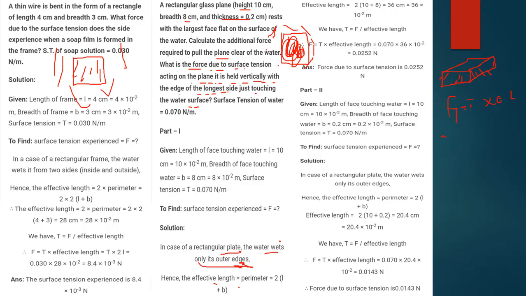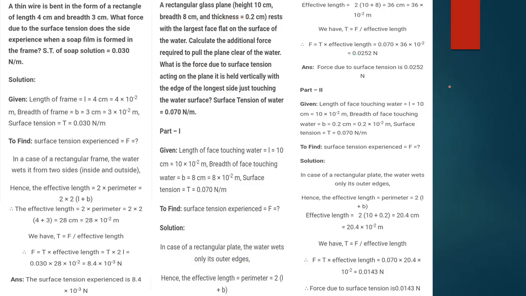So the effective length inakuwa tu ni perimeter ya hiyo rectangular side ambayo iko in contact na surface ya water, ambayo perimeter hiyo ni sawa na 2 length plus 2 width, ambayo ndio effective length. Out of that ukishapata effective length na multiply na surface tension unapata jibu. Kwa kesi ya pili, okay,